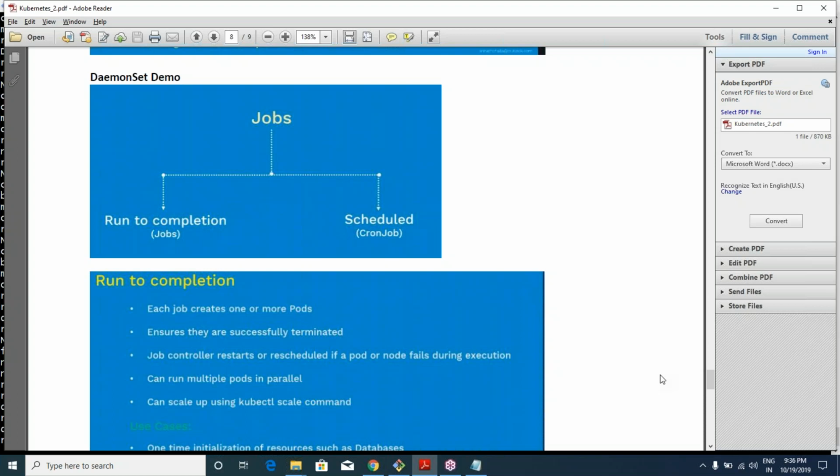So on the basis of your job requirements, pods get created. Ensure that they are successfully terminated once the job is completed. Job is also a controller. The job controller restarts or reschedules if a pod or node fails during the execution. So it automatically reschedules or restarts it,